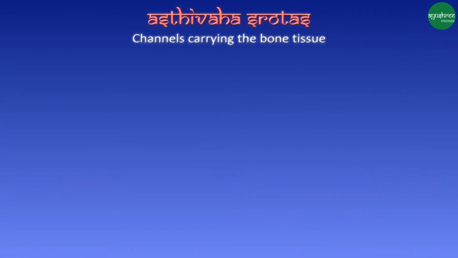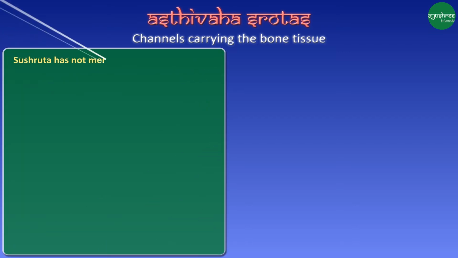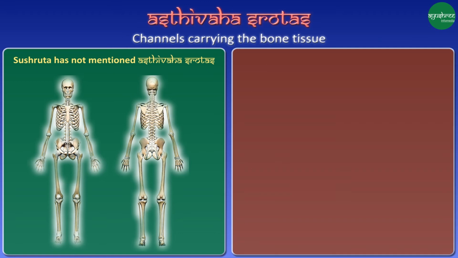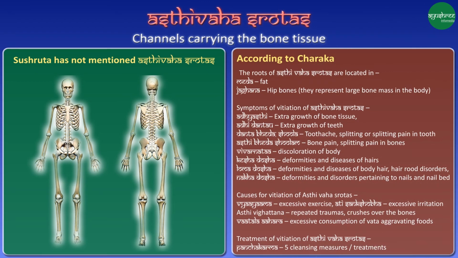Asthivah Srotas, channels carrying the bone tissue. Sushruta has not mentioned Asthivah Srotas in his list of Srotases. According to Charaka, the root of Asthivah Srotas is located in fat and hip bones. Symptoms of vitiation of Asthivah Srotas are extra growth of bone tissue, extra growth of teeth, toothache, splitting pain in tooth, bone pain, splitting pain in bones, discoloration of body, deformities and diseases of hair, hair root disorders,